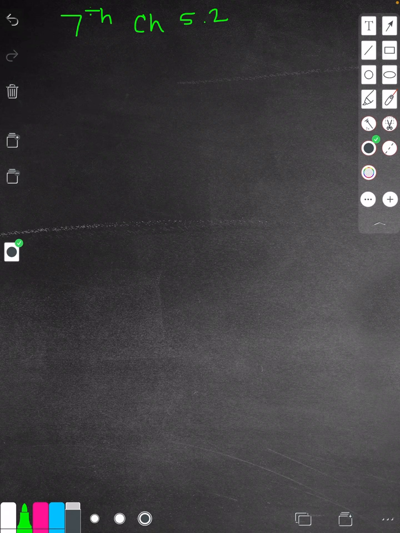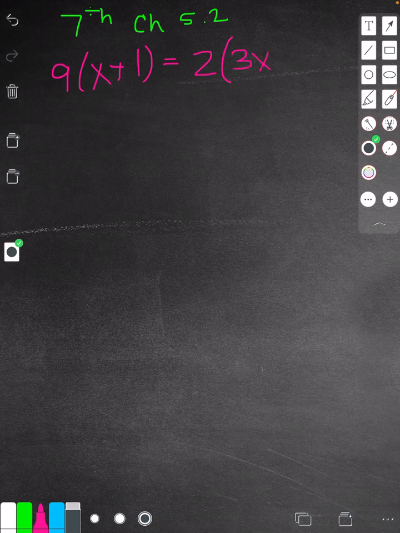Let's go ahead and say that you are given the problem 9x plus 1, and you can see that there are parentheses there, equals 3x plus 8. All right, our first thing that we need to do is we need to go ahead and